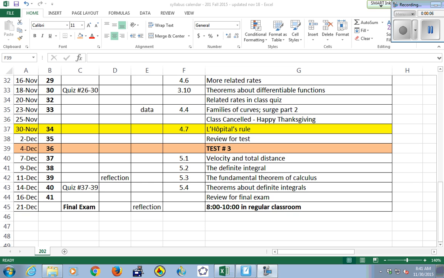So today we're going to talk about L'Hopital's rule. This is the last lesson that we're going to do before test 3. Test 3 is going to be Friday. It covers everything since test 2. We'll review on Wednesday. And we're so close to done. This week, next week, and the following week is when final exams start. I think we might have 1 or 2 classes that week, but exams start that week. So that's it for our schedule.